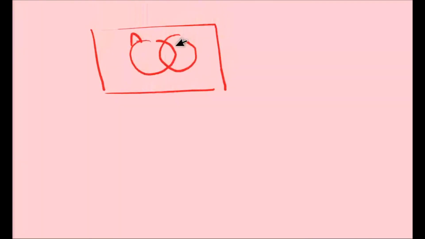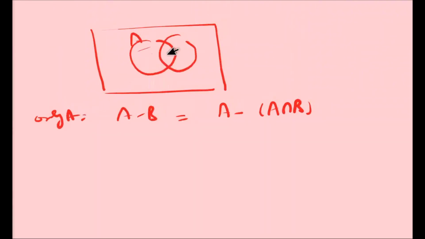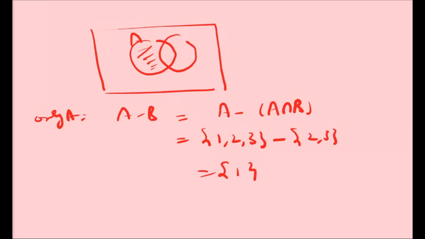This is A, this is the intersection, this one is only A, so we can write A minus B, and this way also, A minus A intersection B, only A. Then we can also find this answer, A minus A intersection B. We will find the same answer. In the previous example it is 1, 2, 3 and 2, 3, so your answer is the same, it is 1.